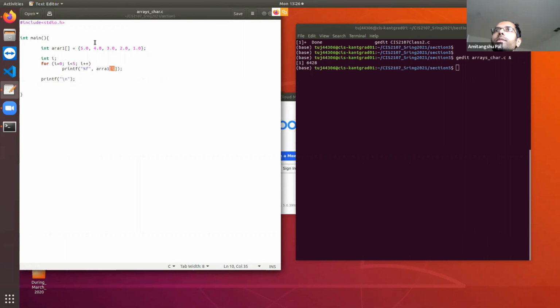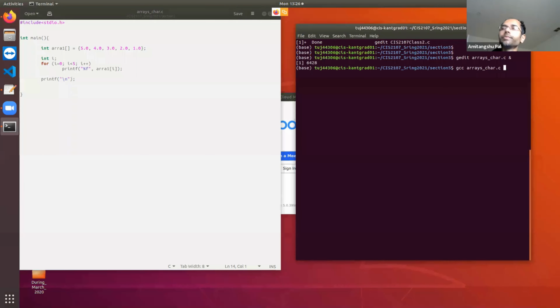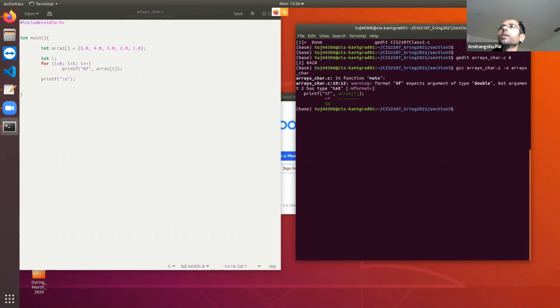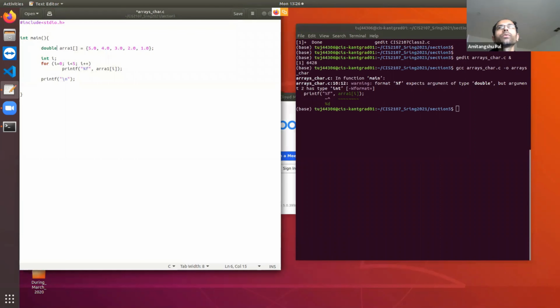Array 0 is the first element, array 1 is the next element, and so on. Okay. So let's compile. Okay, so sorry, this is double or float, whatever. Okay, these are not integers.